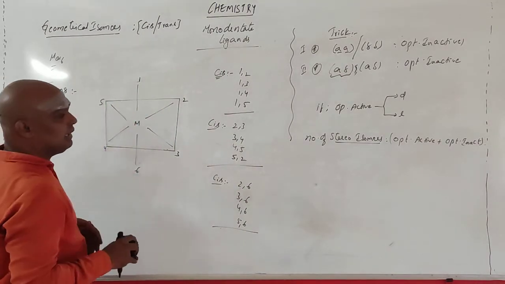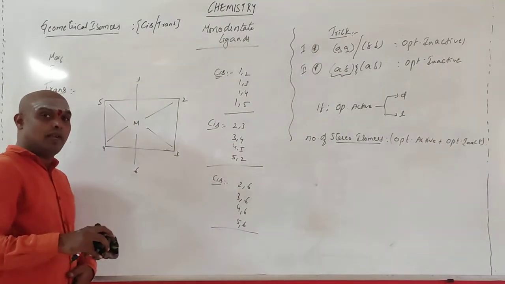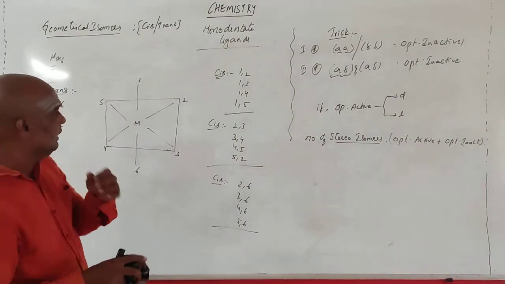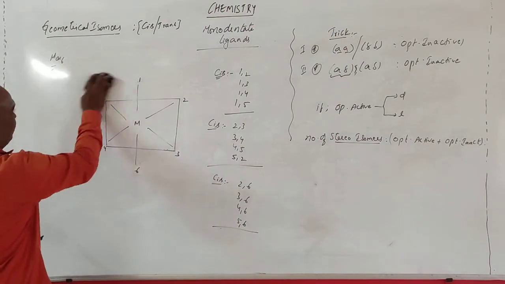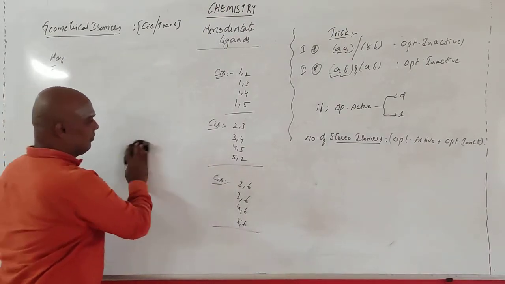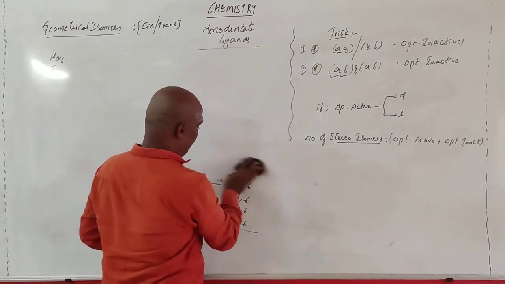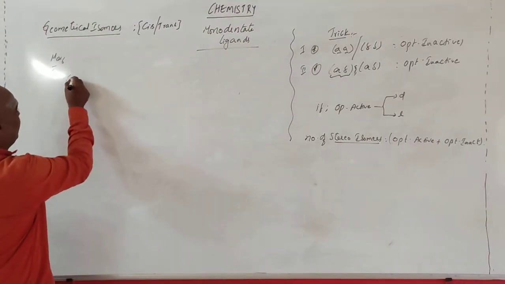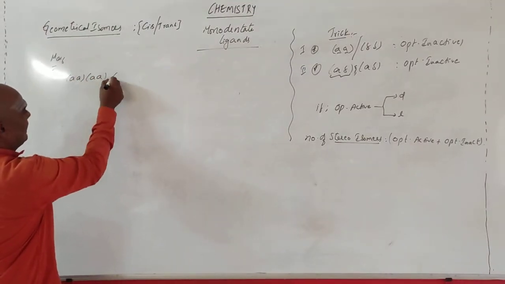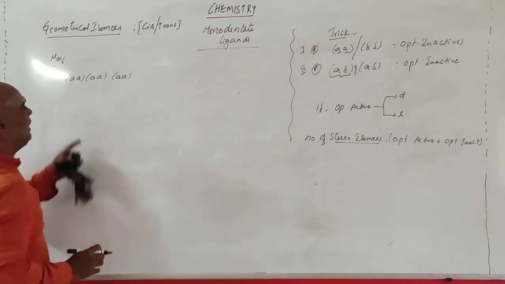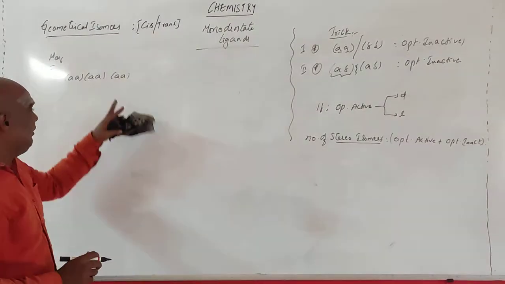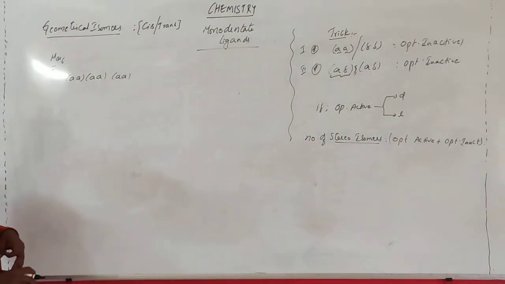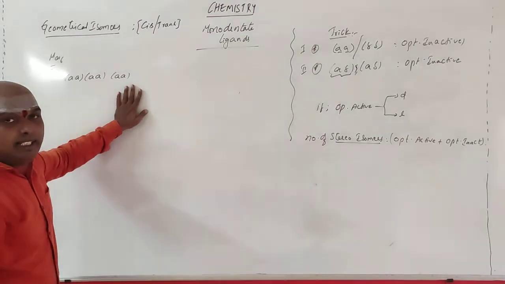So let us take one compound, that is M(A)6. We should calculate how many geometrical and how many optical isomers this compound has. Let us take the question. First one is M(A)6. How many are possible? AA, and then A. All 6 are the same. If we exchange any combinations, again we will be getting the same.